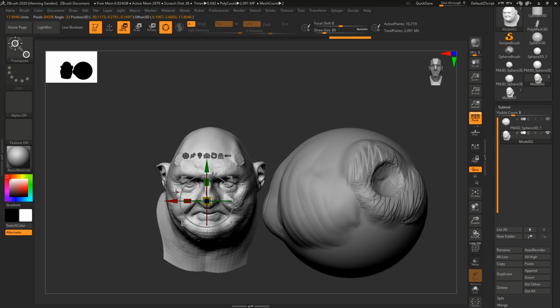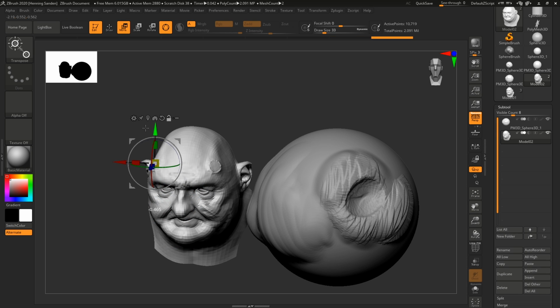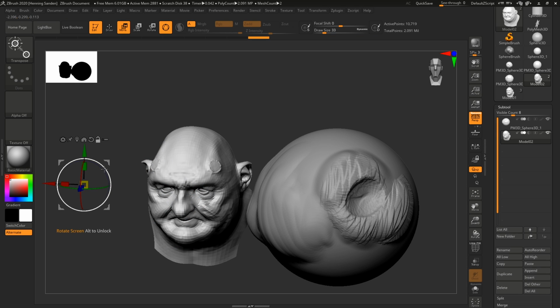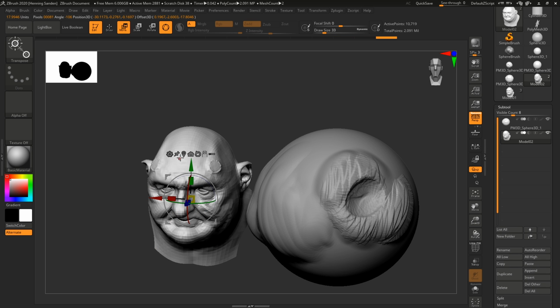Now, if we want to move the gizmo, we can easily do that as well by holding down the Alt key, and then we can just move it like so. So we can move it and we can rotate it, just into place, exactly where we want it to be. And then reset: hold Alt, click on the rotation, hold Alt and click on the little Google